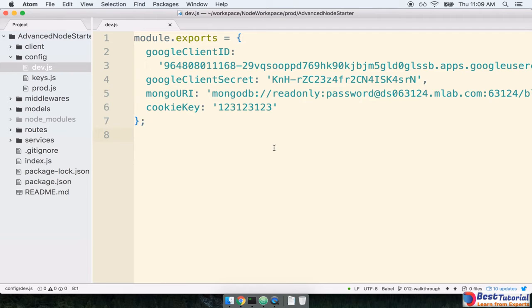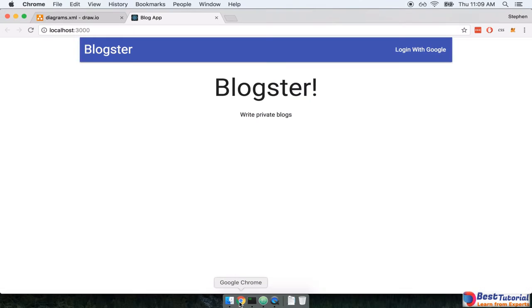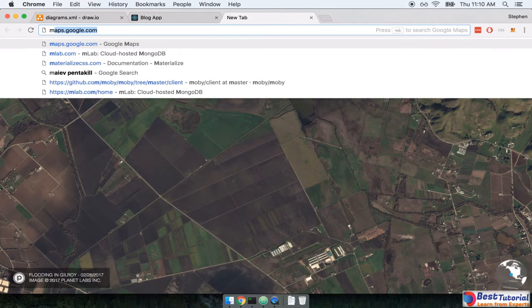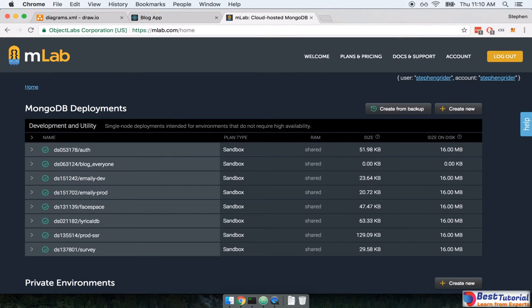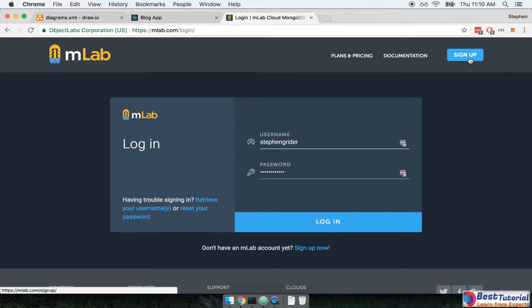To sign up for mLab, I'm going to flip on over to my browser. I'm going to open up a new browser tab, and I'll navigate to mlab.com. Once here, I automatically get kicked to the dashboard because I've already signed up and logged into an account. So if you've never used mLab before, that's totally fine. You can click the big blue sign up button up here at the top right-hand side and sign up for a brand new account. After you do so, you'll want to log in, and you should see that dashboard appear